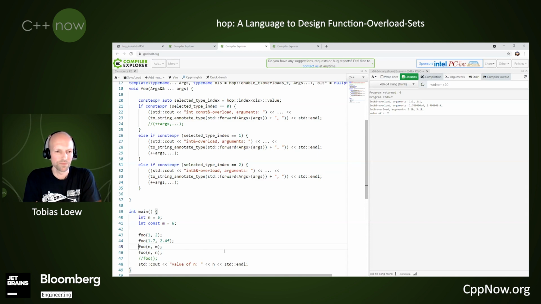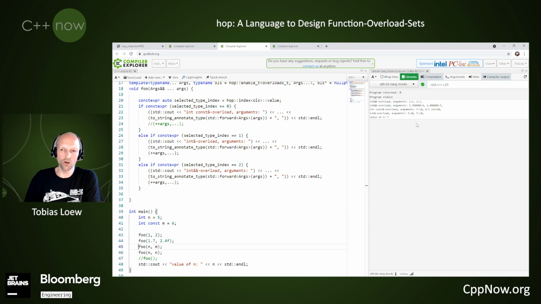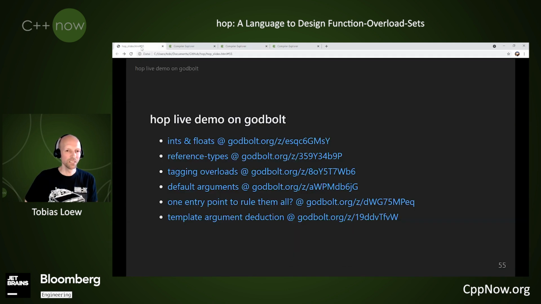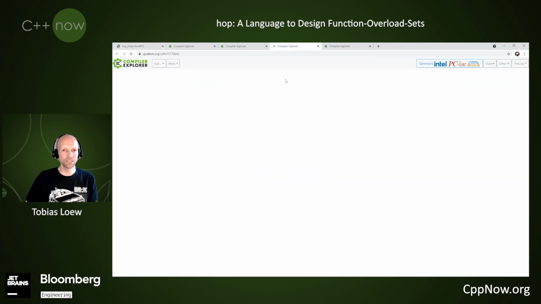okay, now we can call our function with reference types. And when we call it with the int reference, we see the input is 5 and the arguments both get increased by 1, and as we call it with n, every time the result of n is 7 at the end. Okay, let's see how we can